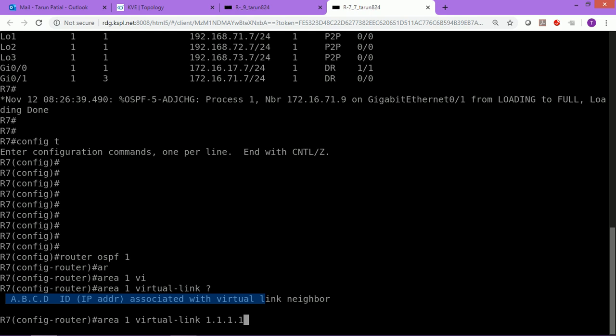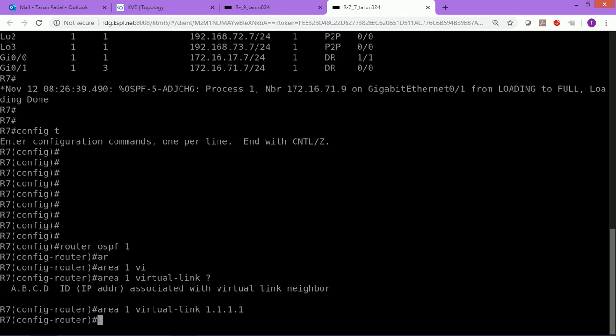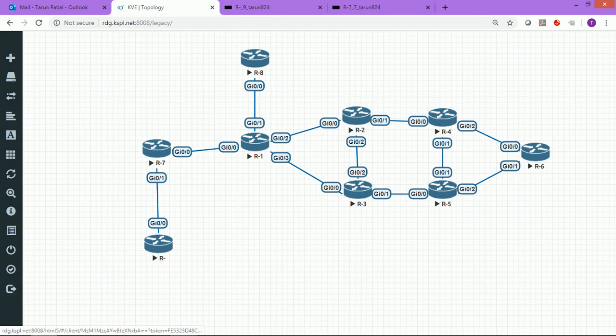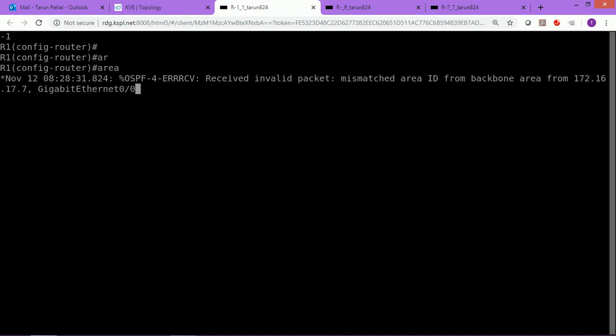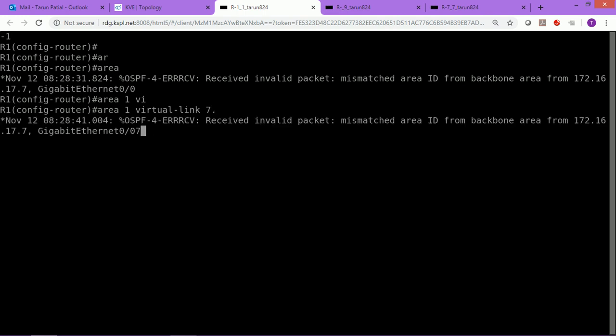Okay, now go to router 1 and say area 1 virtual link, router ID of R7,